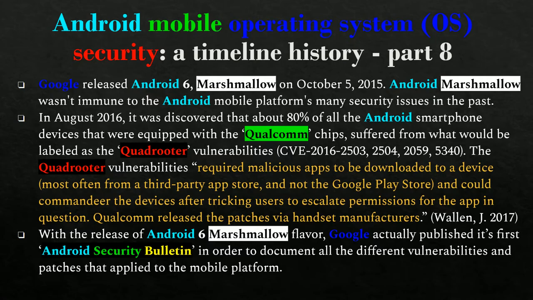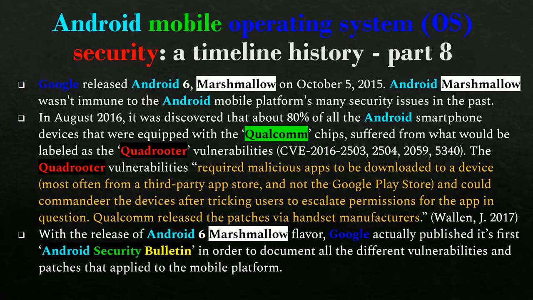They required malicious apps to be downloaded to a device, usually not from the official Google Play Store but from a third-party application store or website, and could trick users into escalating permissions for the app in question, and could commandeer and take control of their devices.